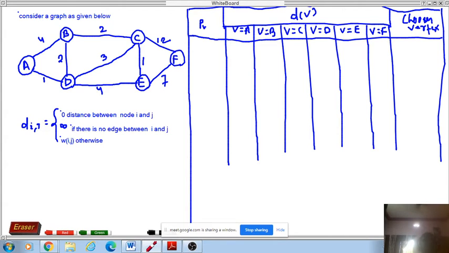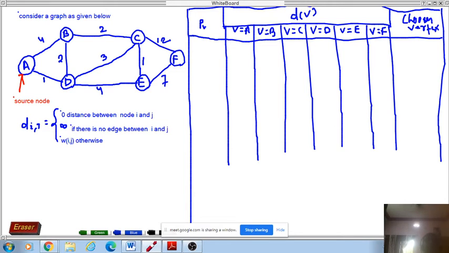So we have to identify the source node. Let's say here I am choosing A as the source node. I am identifying A to be the source. This is the source node, this is the starting node. So for all vertices, what do I have to do? The source node is not J. This is my source node; other nodes are not the same. So for that, what do you have to do?